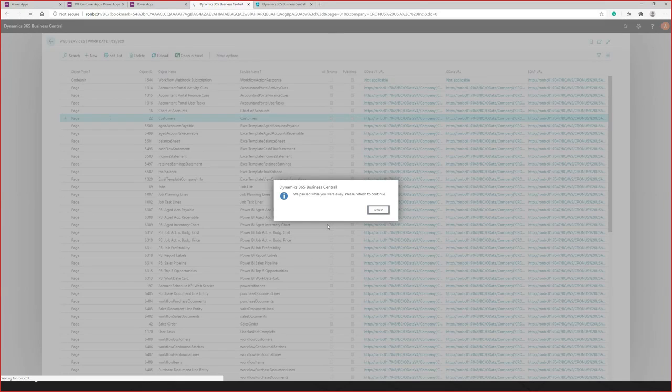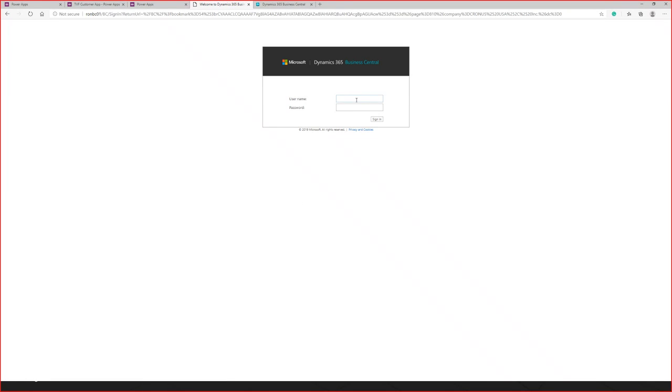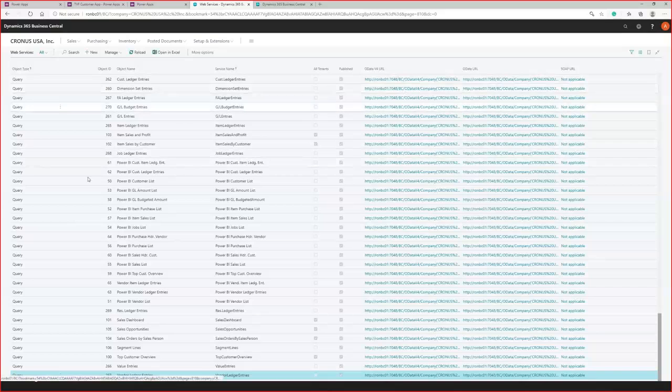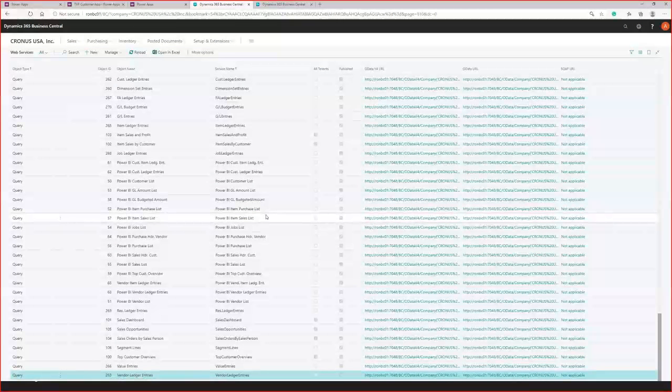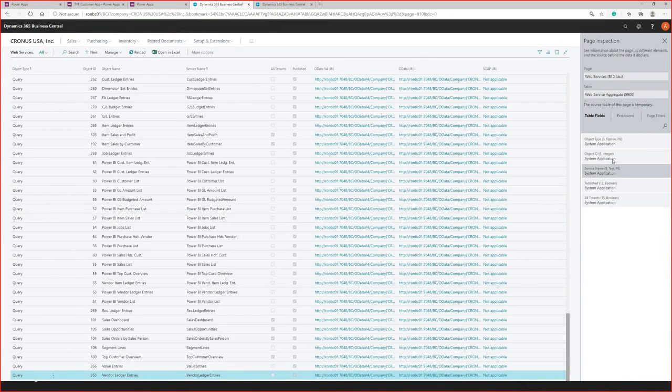All right. I'm going to log in with, which one's this? This is my... So if I'm on a list page and I say, I want to expose this one, over here you click the question mark and then say help and support. And click, they move this every time, inspect pages and data. I'm hoping this is it. All right, so here's the list, here's the number right here. So this is page 810. So now I know exactly what page I need to expose.